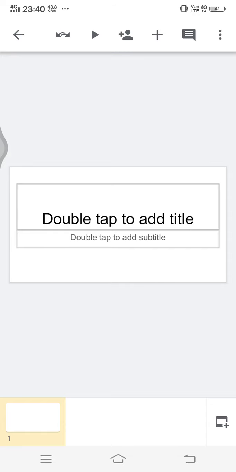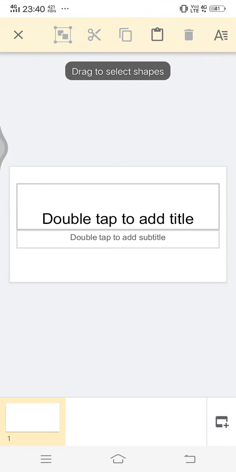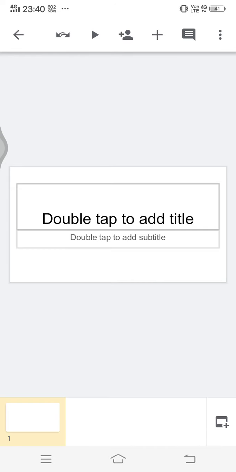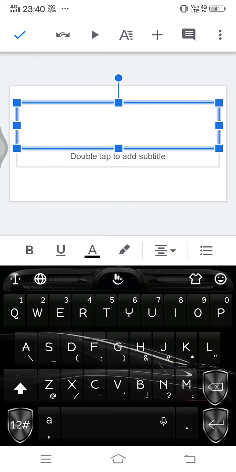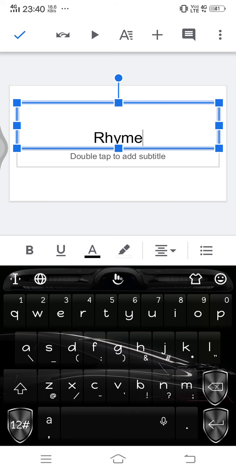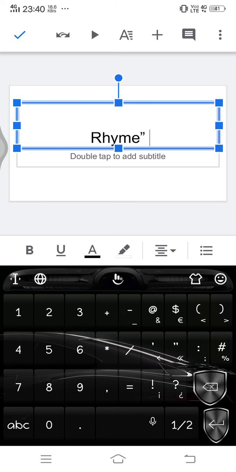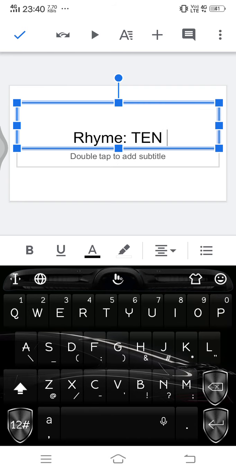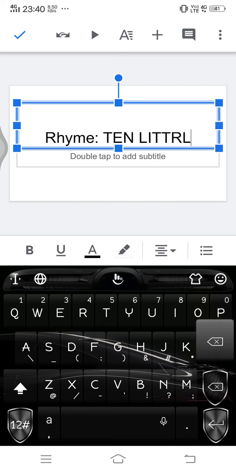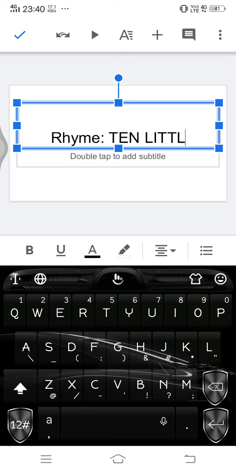And what we are going to do now is we are going to learn how to edit this. So first let's go straight, double tap and add text. Now I'm going to teach the rhyme 10 little fingers. So I'm just going to put that here as a title, 10 little fingers.